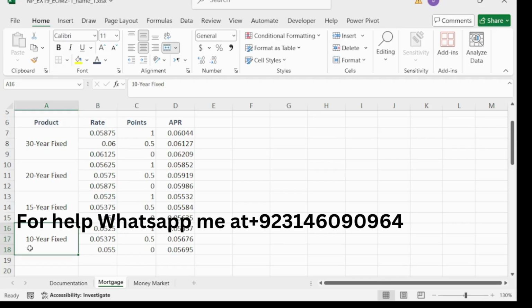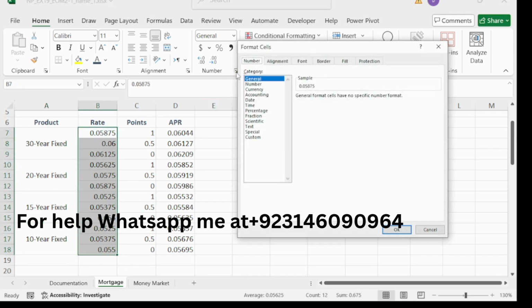And our step number 7 is in the range B7 to B18. Select this range and go to the number format, percentage.